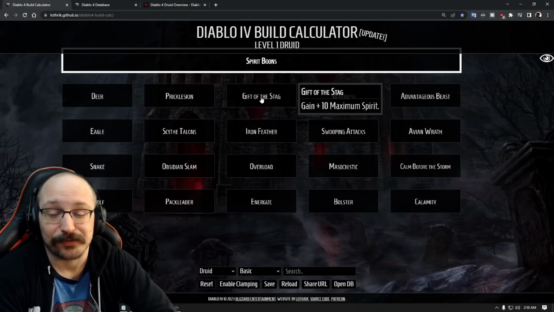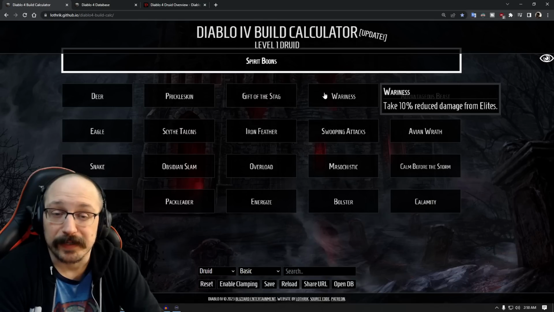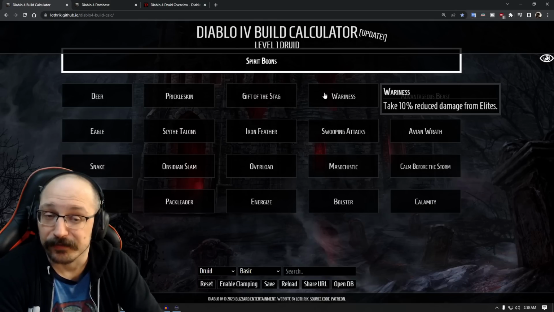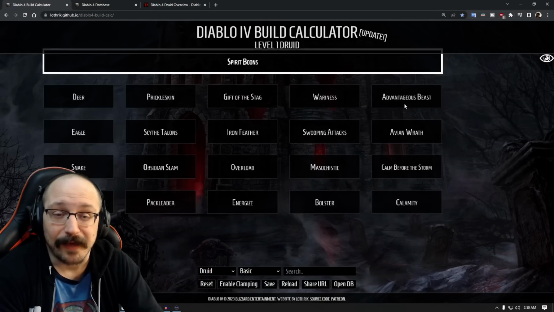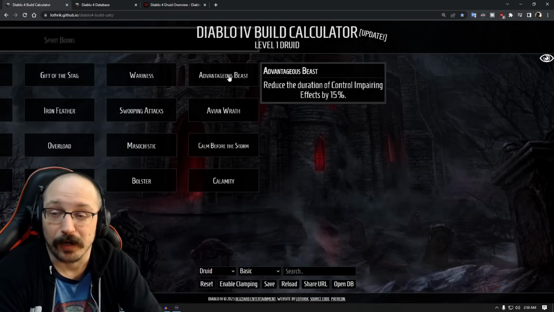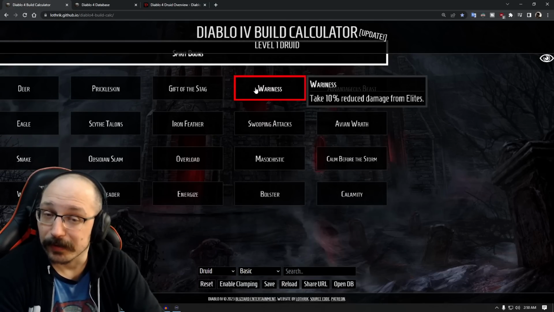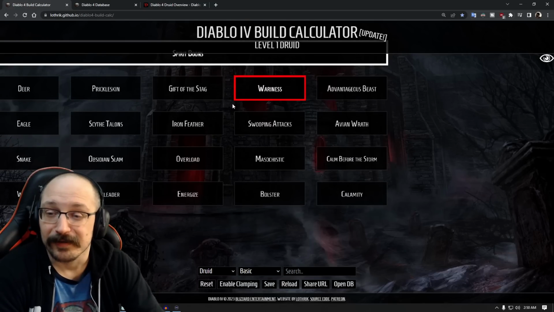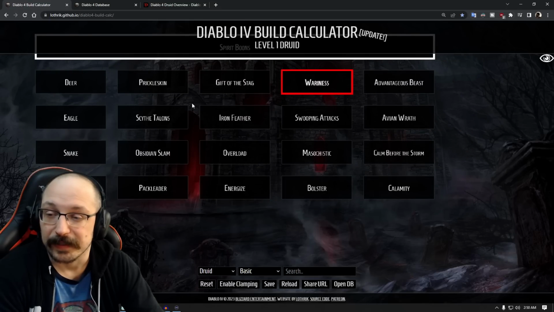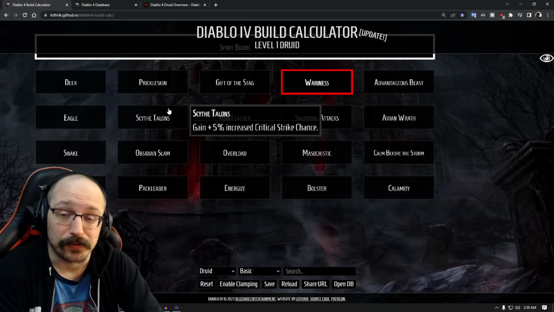Gift of the Stag gives you 10 maximum spirit, which is your primary resource. Wariness reduces the damage you take from elites. And then Advantageous Beast gives you crowd control reduction on yourself. And so like Wariness, I think here will probably be a very popular option to take less damage from some of the tougher mobs. For the Eagle section, we have Scythe Talons, which gives you flat critical strike chance, which